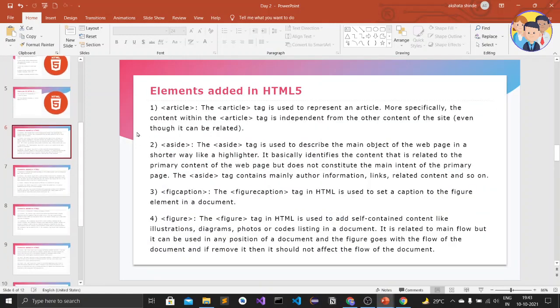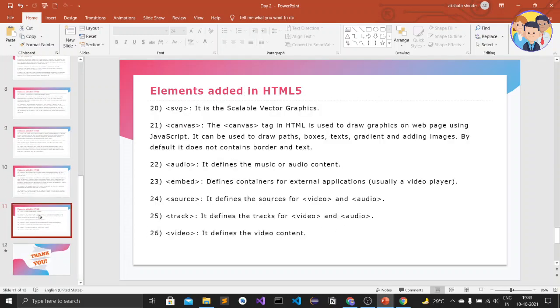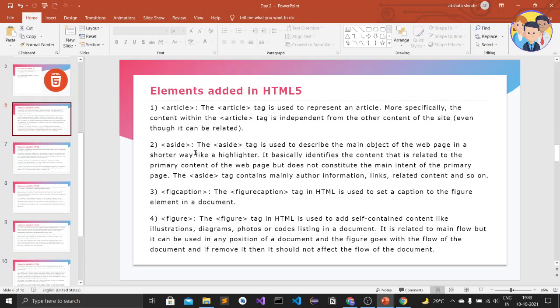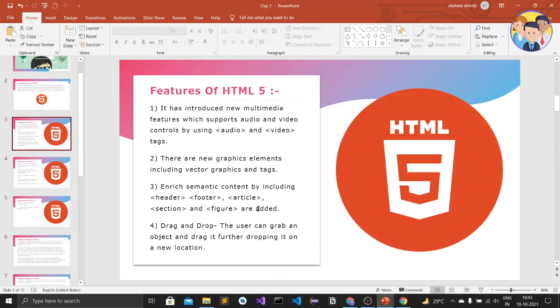Okay, so let's see the elements added in HTML5. There are many elements. There are 26 elements added in HTML5 version. The first one is article, which I told you here.